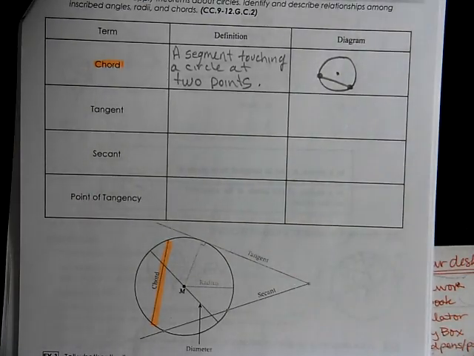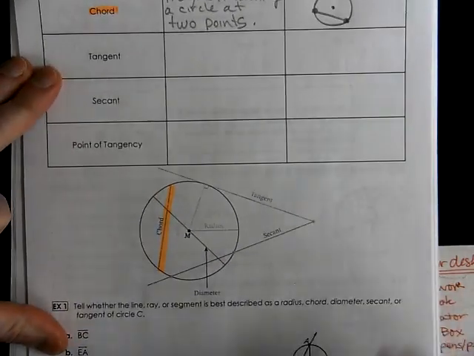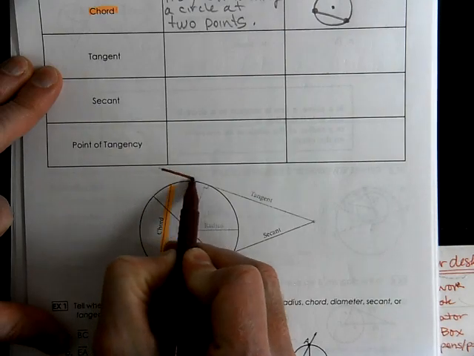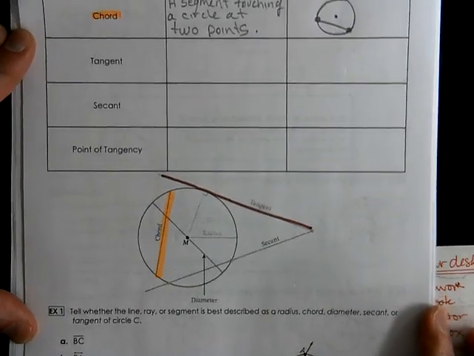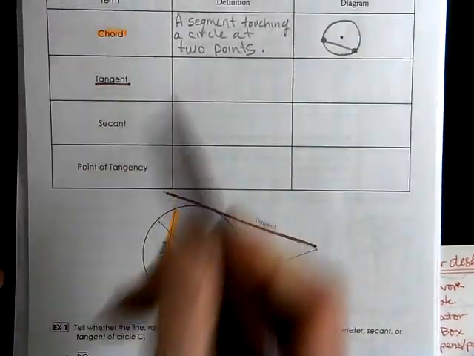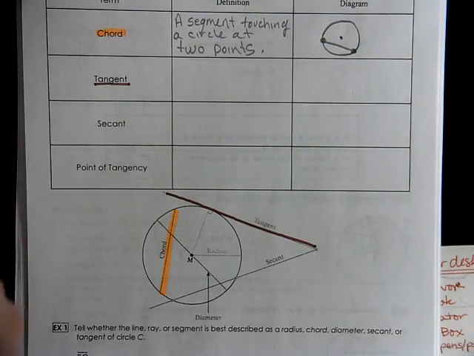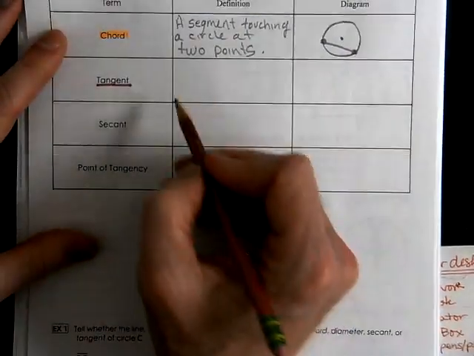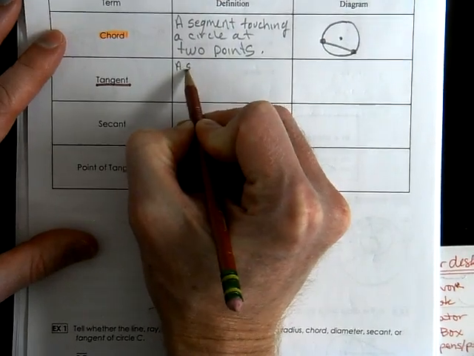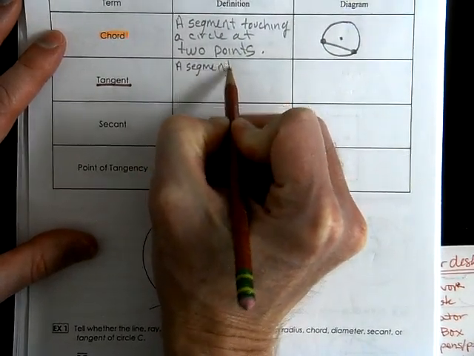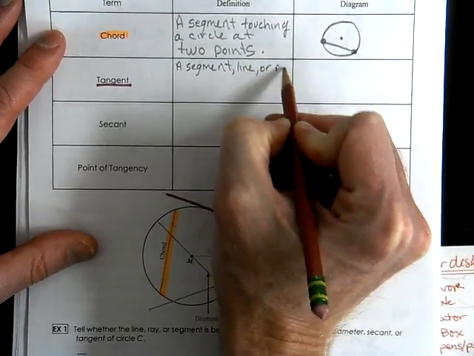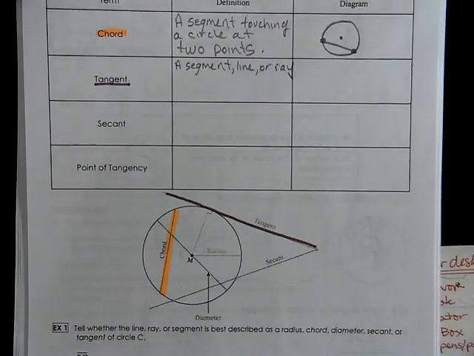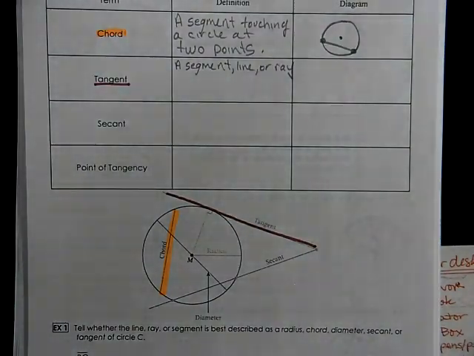Next, we can look at tangent. The tangent would be right there. Color code that. A tangent might be a segment, might be a line, or it might be a ray. So a segment, a line, or a ray